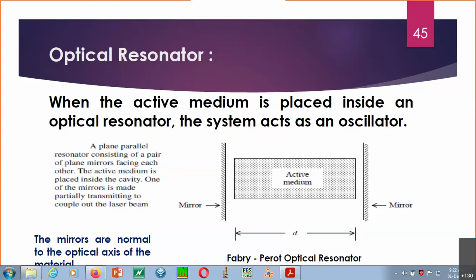So here is the important requirement for using the optical resonator. One by one we are discussing all such things, and let me tell you one thing: now we are going slowly into the complexity in the laser physics, the complex part. To understand or to deal with that, you have to focus on the content which I am going to present over here, and we have a lot of examples to understand it.